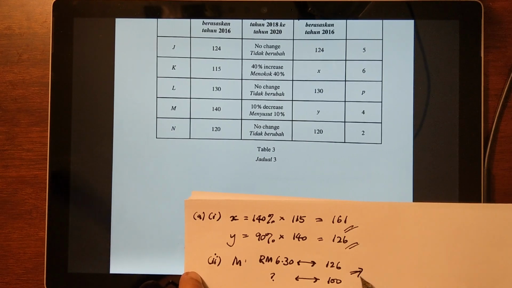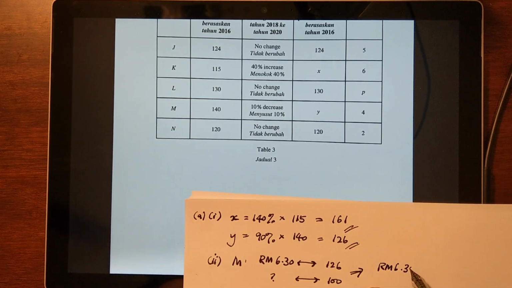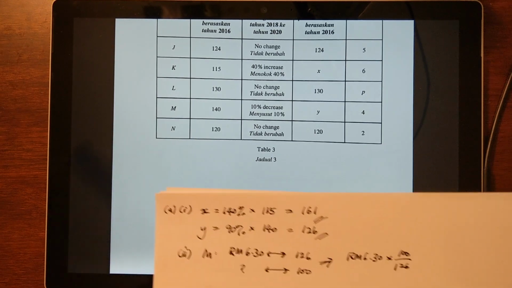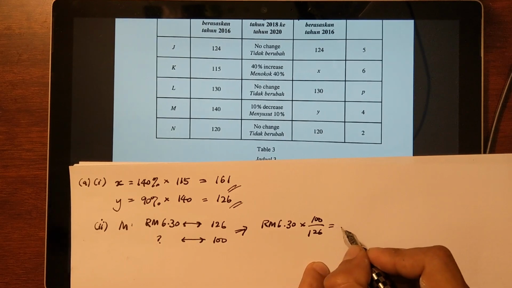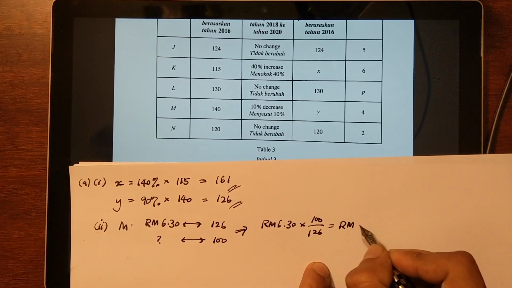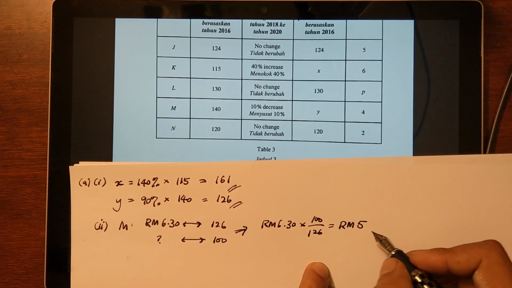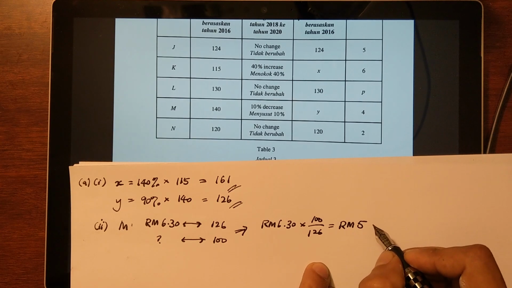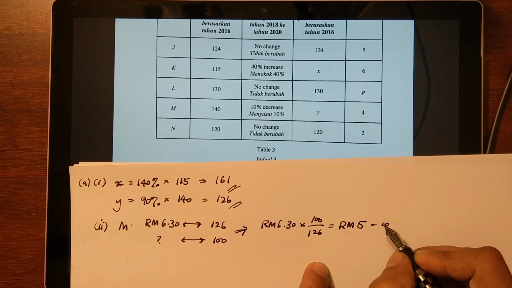Okay, so that's again pretty straightforward. You take RM630 times 100 divided by 126, and that gives you a very nice number of RM5,